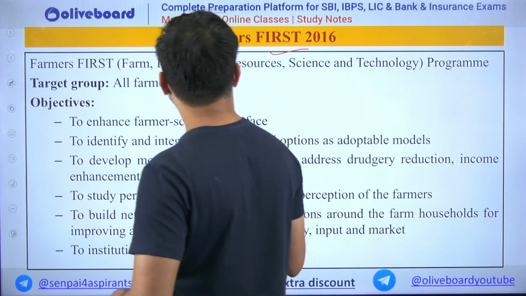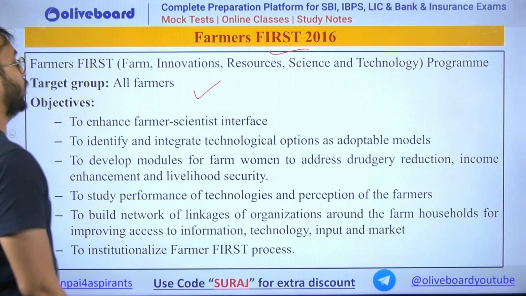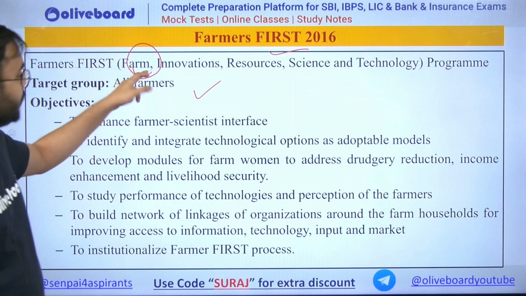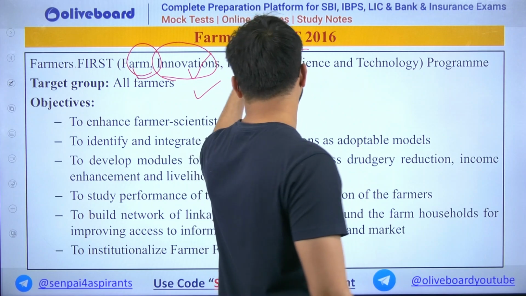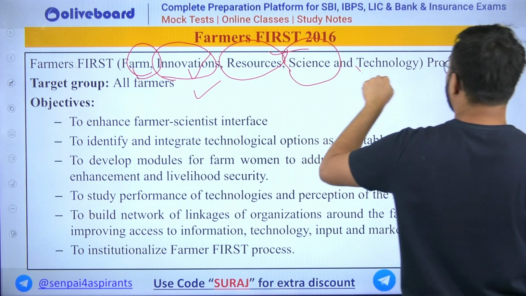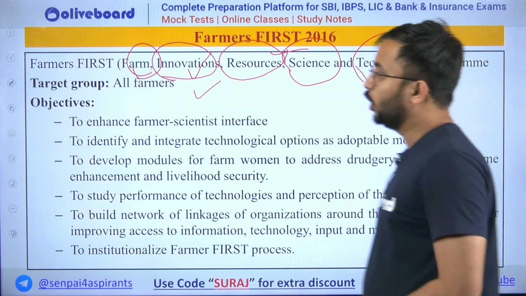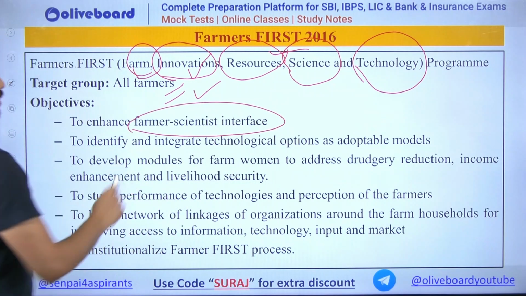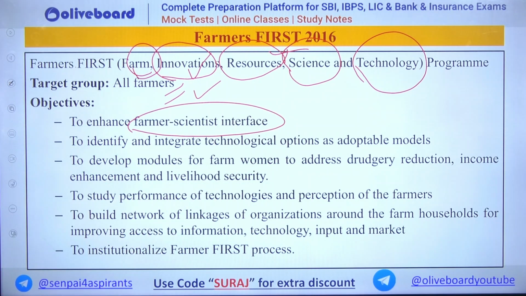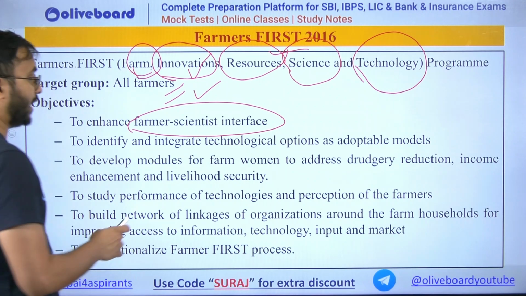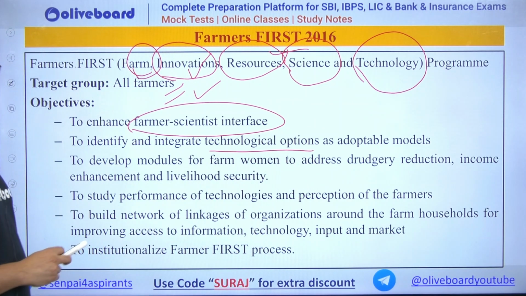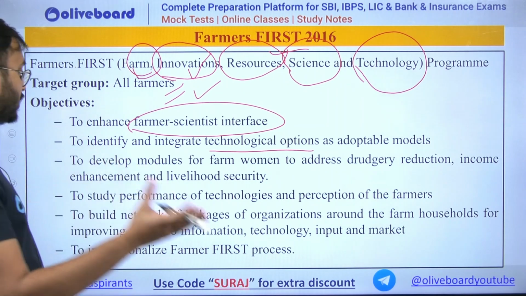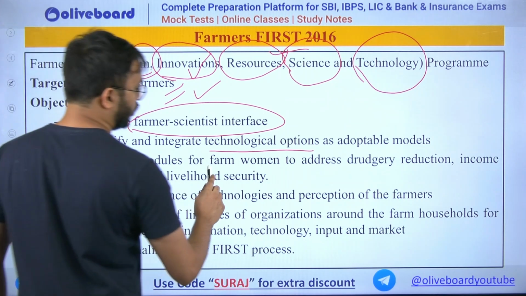So where were we? Yes, we were at the Farmers First 2016 campaign. Farm, field, innovation, which is of course the new things innovated, resources, science, technology program, okay. The target group is all farmers, not one or the other. The aim is to enhance the connection between farmers and scientists, farmers and researchers, to identify and integrate technological options and to make an adaptable model which has both traditional knowledge as well as technological adaptations,